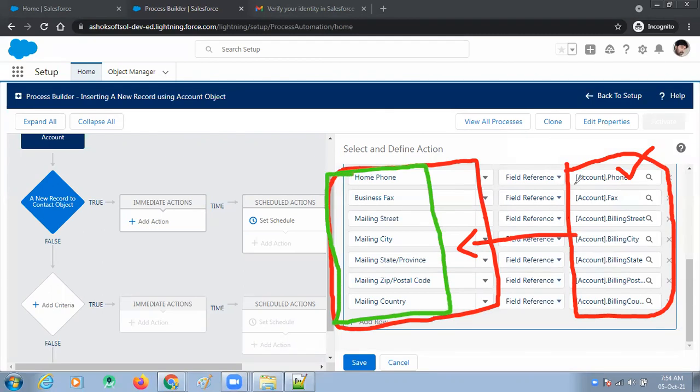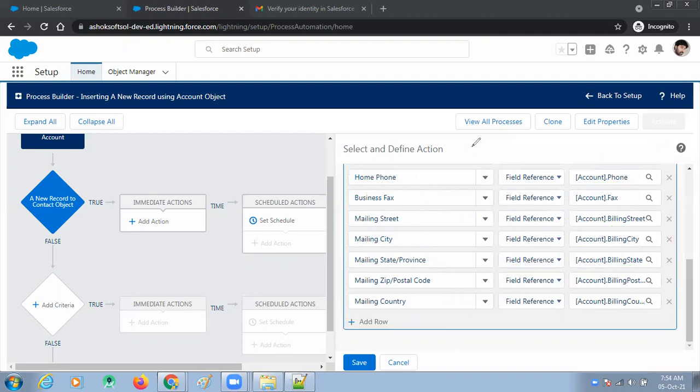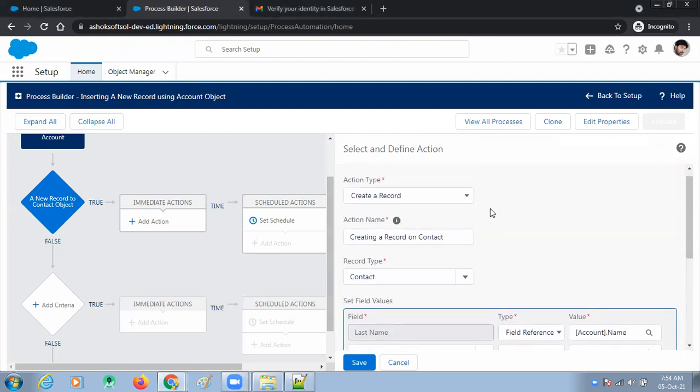Whenever values are entered into these parent fields, those field values are automatically inserted into the child fields. That is the business logic, those are the conditions.